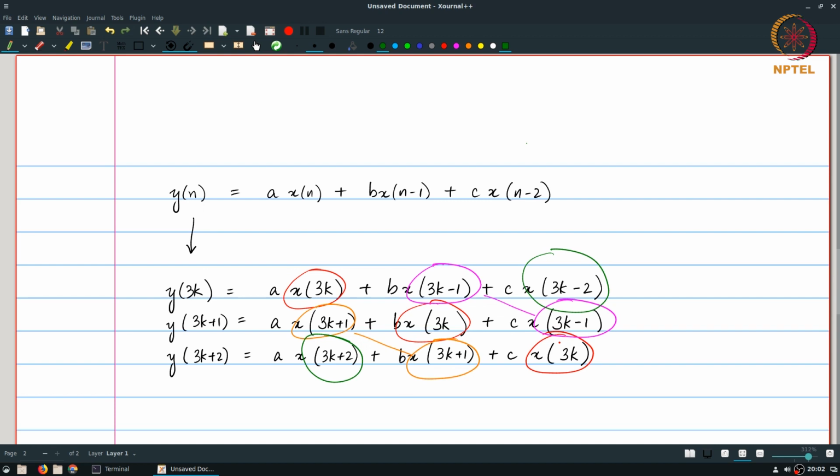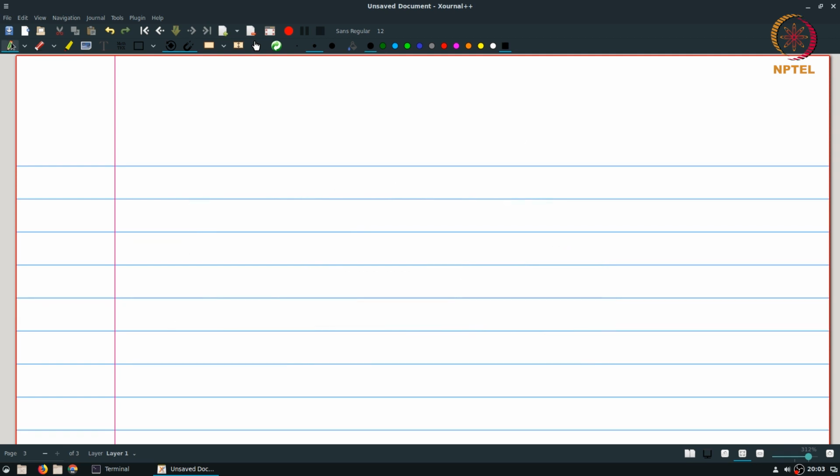What does such an architecture look like? Let's try and draw out how this could be implemented. So in order to understand how writing the output as three separate equations helps us, we need to first think of something called a serial to parallel converter, which allows us to visualize what exactly is happening with the samples x of n. If we draw out a timeline where we say this first value corresponds to x of 0, the second value corresponds to x of 1, and so on,